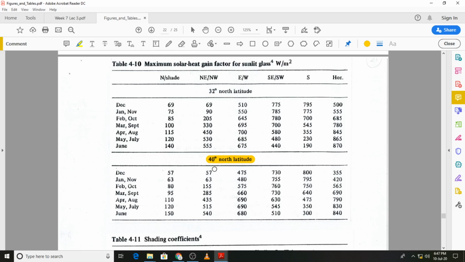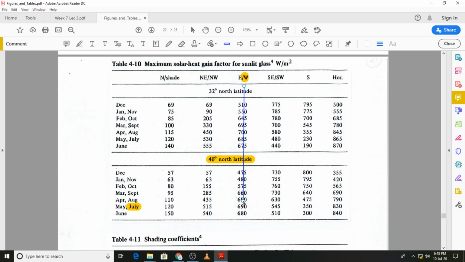The SHGF value is to be found out for the month of July, and that's all we need. And of course the orientation is that it is west facing, because the windows are in the west wall. And once we have got that information, we again